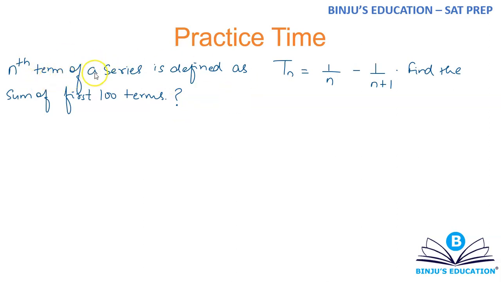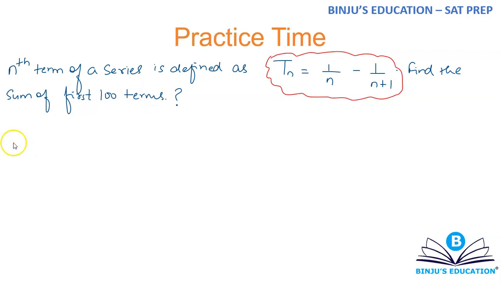So they're saying that there is a series. What is the series? They have not given that. What they have given instead is a general term for the series. So this is the general term for this series. Now what do you mean by general term? What happens in case of a general term is you keep on replacing the value of n by 1, 2, 3, 4, 5, 6. You will keep on getting the first term, the second term, the third term and fourth term and so on and so forth.